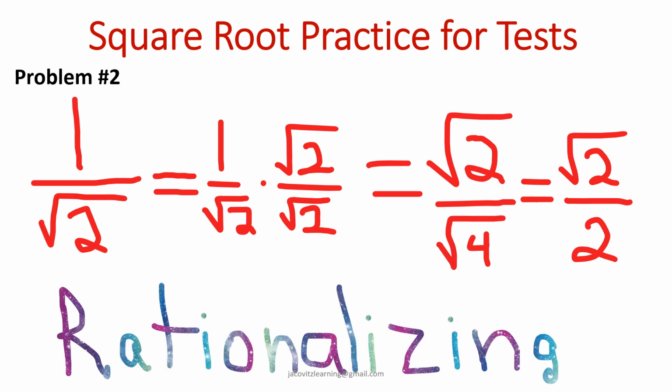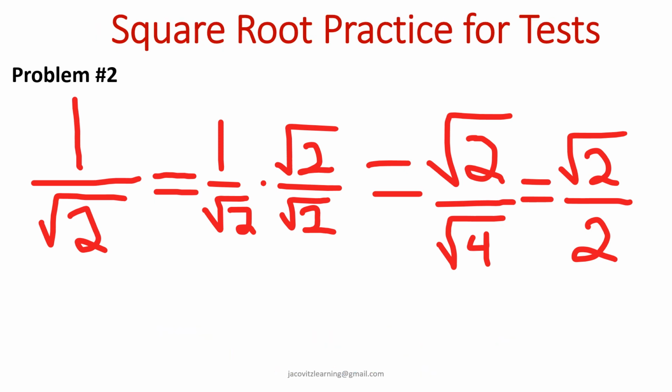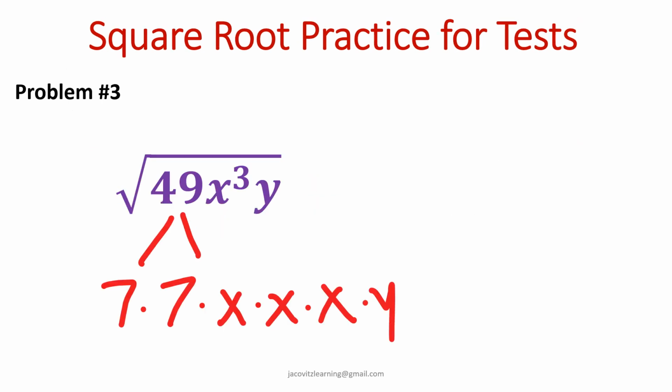Simple enough. Okay, and here were some more steps. It's called rationalizing, and I just want you to take a look at it. And it's the same thing. I'm just showing it over and over again because this problem is easy, but on a test when you're under pressure, it's made to look hard. Okay, so